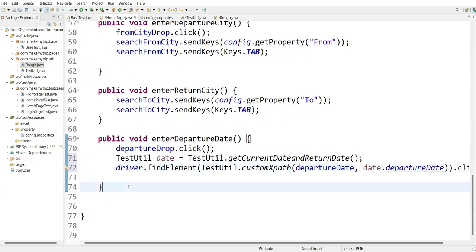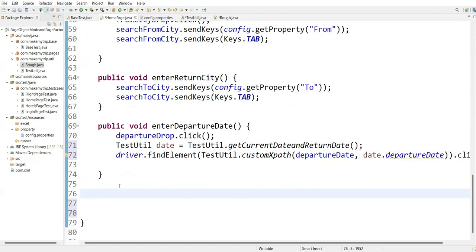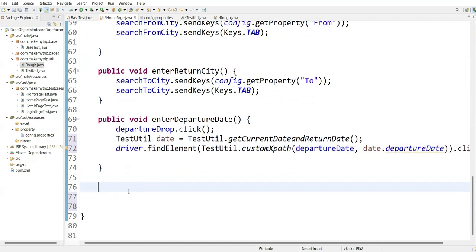I'll show you that while running, step by step. Now this is the way we are creating a departure date. We are selecting the departure date. Now we need to select the return date. So we have to go with the public void enter